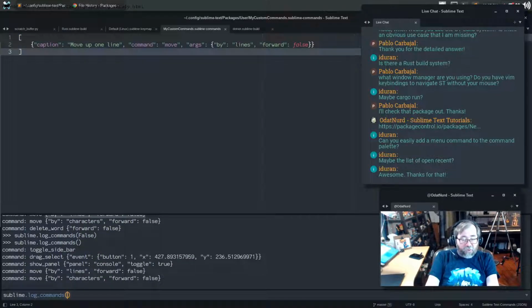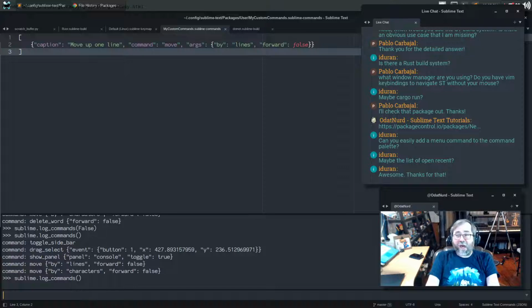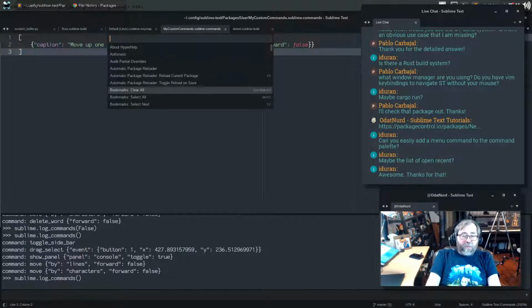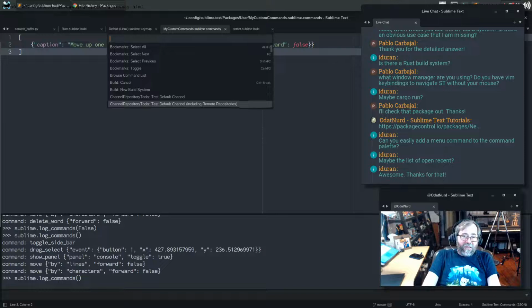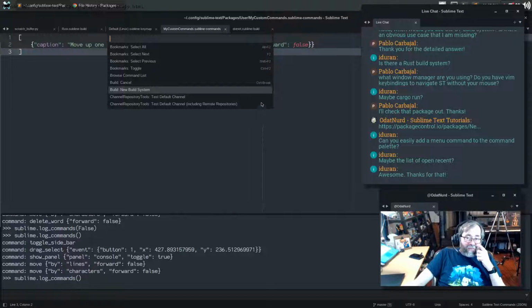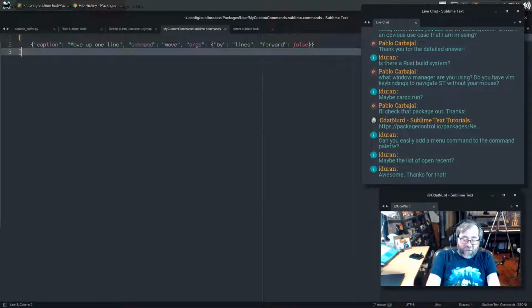Now, if you're using an older version of Sublime, then sometimes items that are already in there that you invoke from the command palette won't be logged. That's really only an issue if you want to work this problem in reverse. Like for example, say you wanted to, well, we need to find something in here that's not. New build system is in the command palette, but it doesn't have a key bound to it. And if you wanted to add a key for this, and pretending this wasn't in the menu, then you would need to do this a little bit differently. You'd need to use